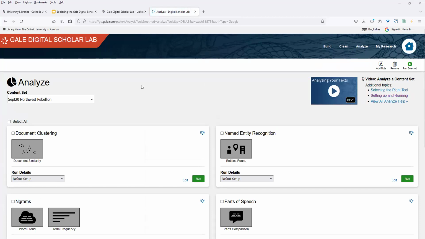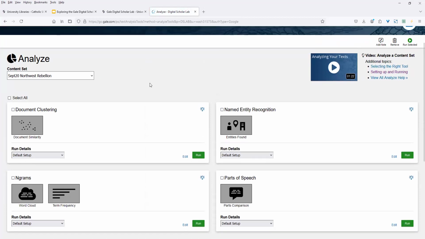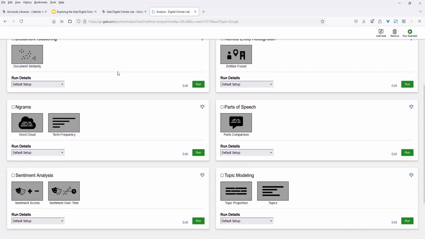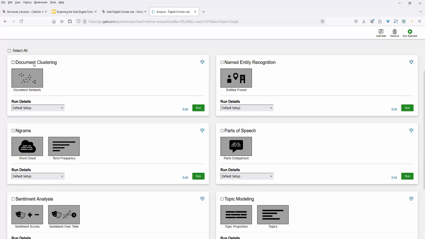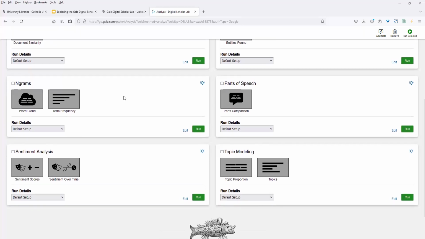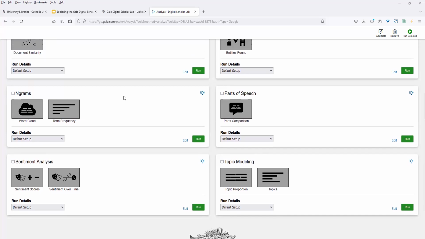And here's the platform for Analyze. If you scroll down, you'll notice on the right-hand side you have helpful content to get you started. Down here, you'll have a list of the six main types. Apparently they do plan to add more tools to this, but I haven't heard of anything as of late. So anyway,